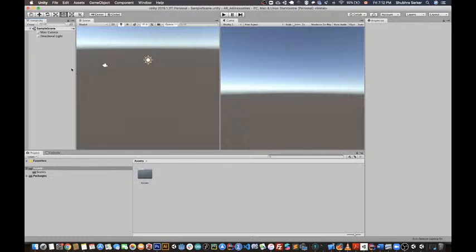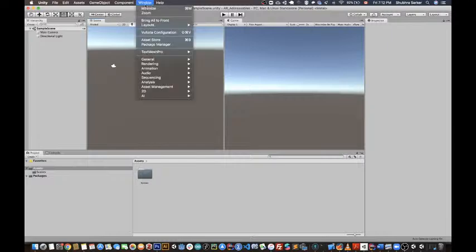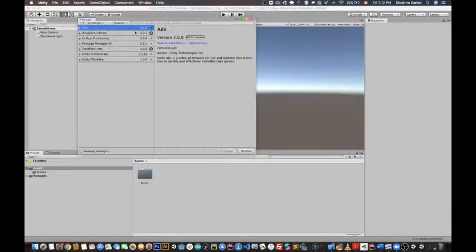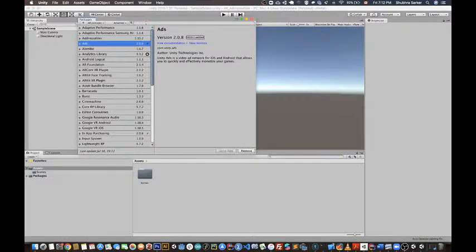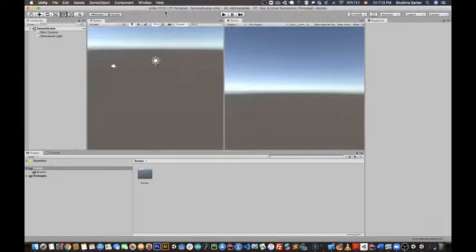So to get ourselves started, the first thing that we need to do is install a few packages. We need to go to Window and then go to Package Manager. From here we need to install the addressables. Just search for addressables and install. Now one note here is that I am using almost the latest Unity version. I'm not using the latest, I'm using 2019.1. If you use any previous version